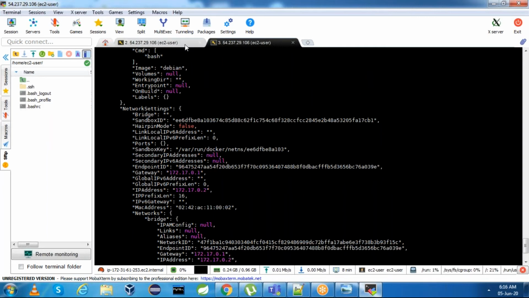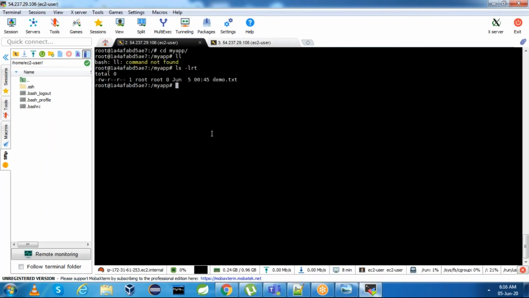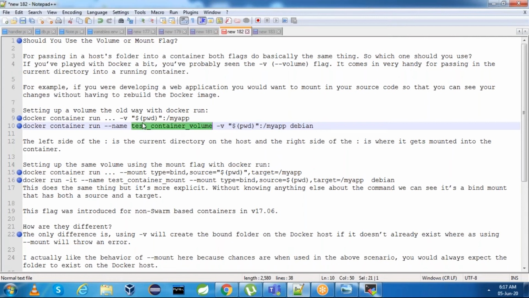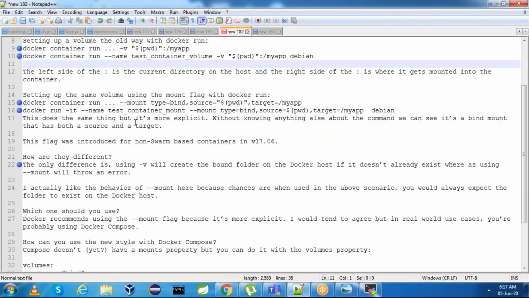Then what is the difference is, if you want to use bind mount, we need to make sure whatever the folder you are going to mount has to exist before using bind mount. If you see, in this case, we haven't created this PWD volume separately, right? We are just using the present working directory. And let us see how to use this